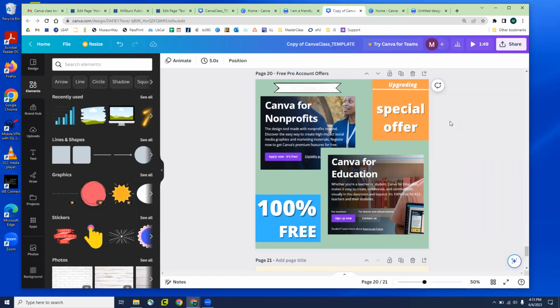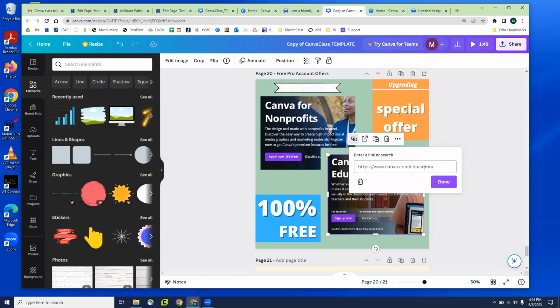Last thing we'll say is that obviously we've seen the difference between the free and the paid account. When we got to the end, we saw a couple of things that were paid only that seemed quite attractive, but most of the time it's just a little bit less content you can use with the free account. But if you teach, if you're a student, out of college or even high school, I think, or you have a job at a nonprofit, you can apply to Canva's Nonprofits and Education edition. The link is in